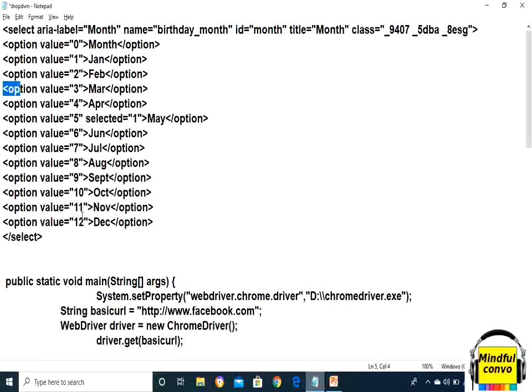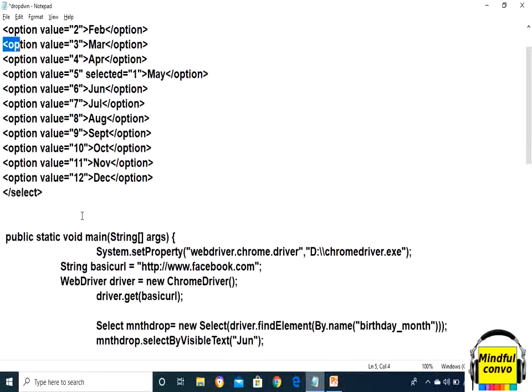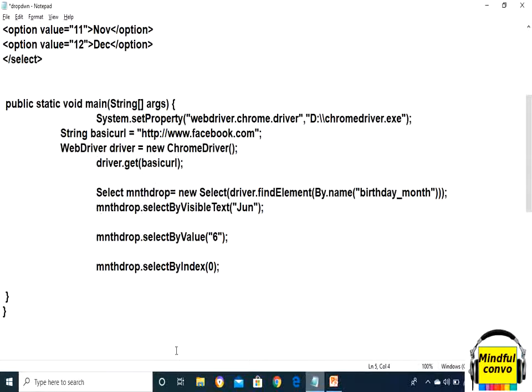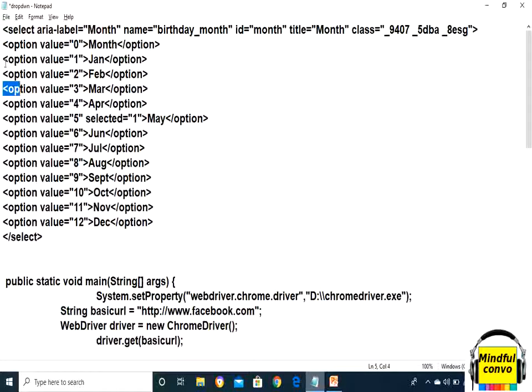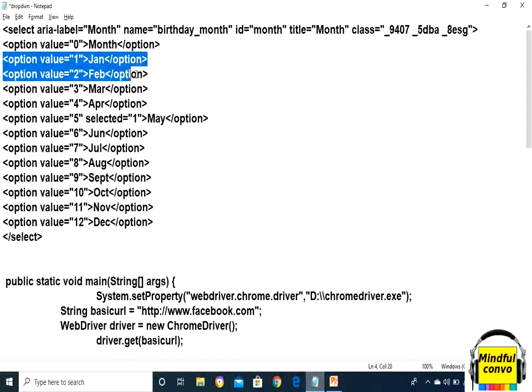In the select or deselect method, it selects and deselects an option at an index specified in the parameter of the selectByIndex method. So what if I write 0 inside the selectByIndex method, then it will select January?